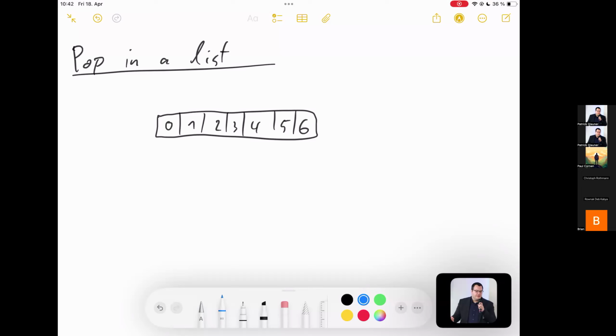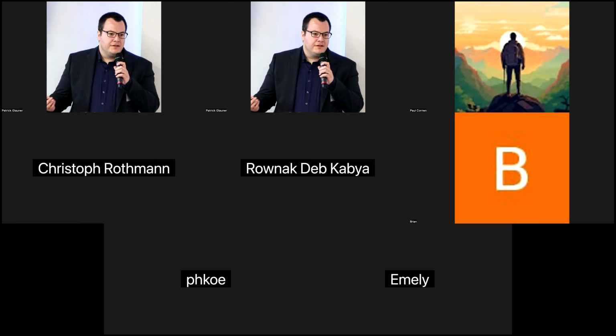If I pop here, we call this L, we say L.pop, it just removes this element. And this can be done in O of 1. Concretely, O of 1 amortized because popping